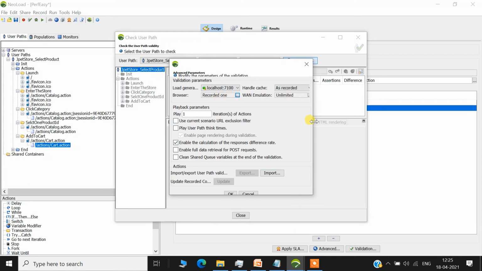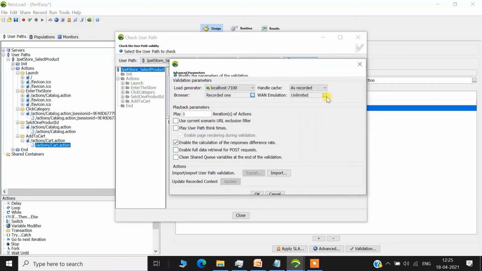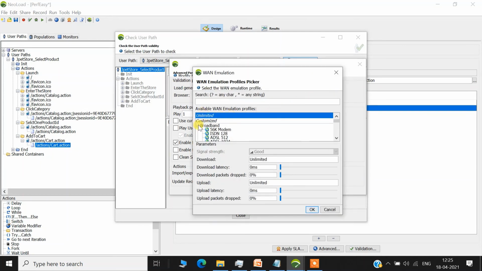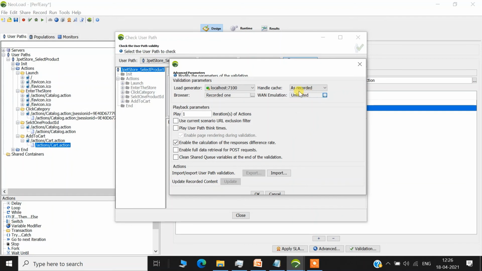WAN emulation is the network bandwidth that we want to simulate. By default it is unlimited, but if we want to simulate the bandwidth, we are going to talk about these things when we design the scenario. So right now we are going to keep the settings as per the default. Here is an important parameter.